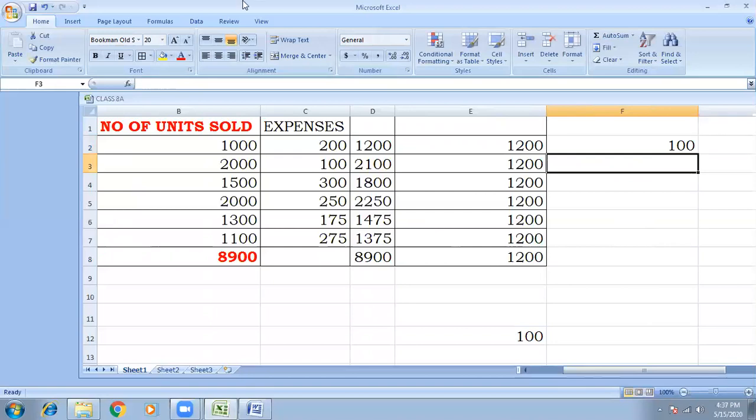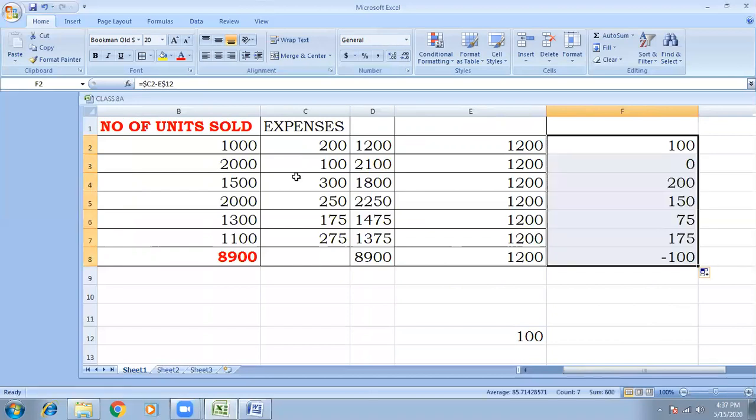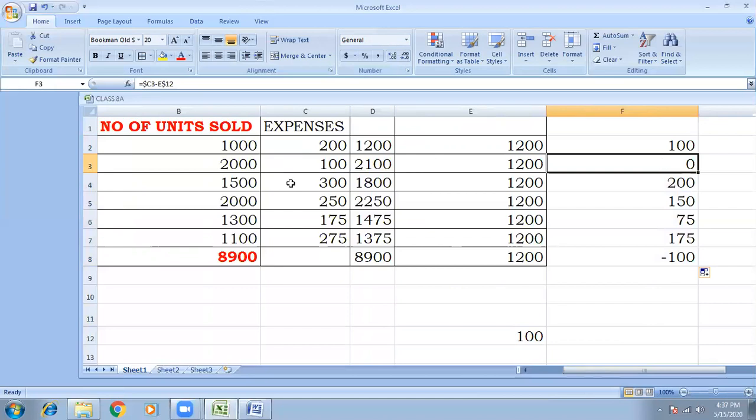So 200 minus 100, the answer becomes 100. If you copy this formula to each and every row, you will get 100 minus 100, answer 0; 300 minus 100, answer 200; 250 minus 100, answer 150; 175 minus 100, answer 75; 275 minus 100, answer 175. Here there is no value, so the answer becomes minus 100. This is known as cell reference.